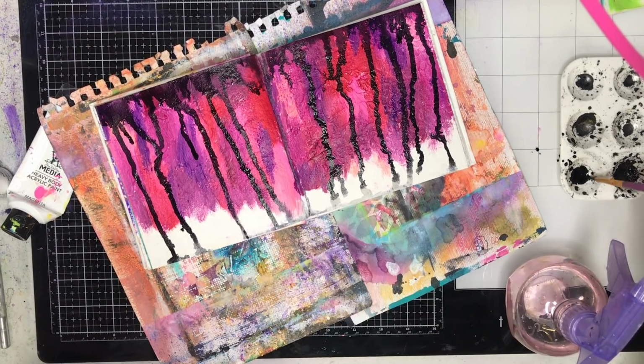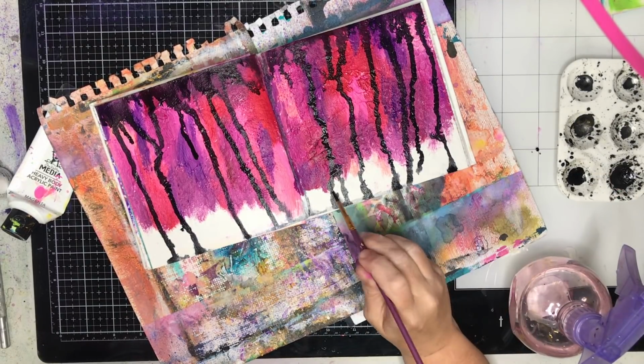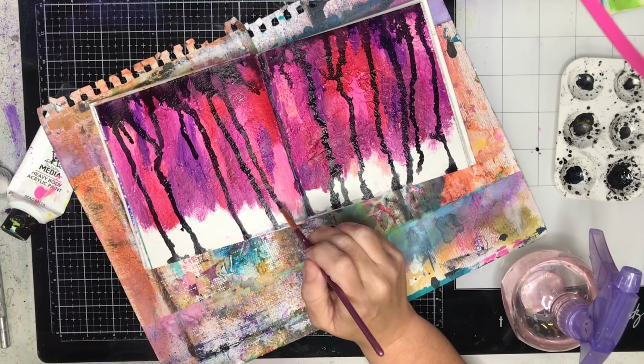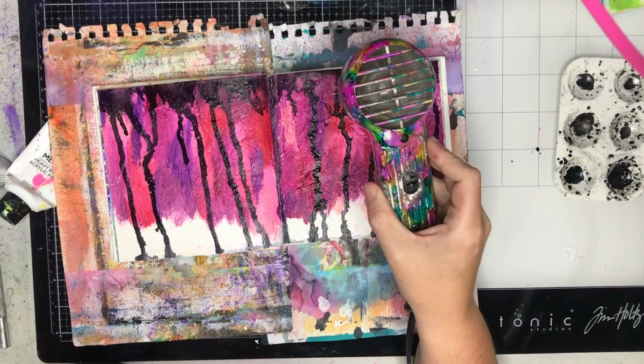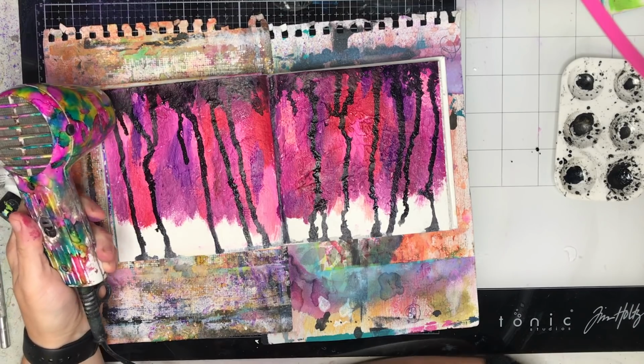But now I know that this journal does. It's something I'm going to be doing a lot more of in the future. So where it got a little bit too watered down, I'm just going back in and darkening it up with the ink and just using a fine paintbrush to kind of cheat and put in those ink marks,